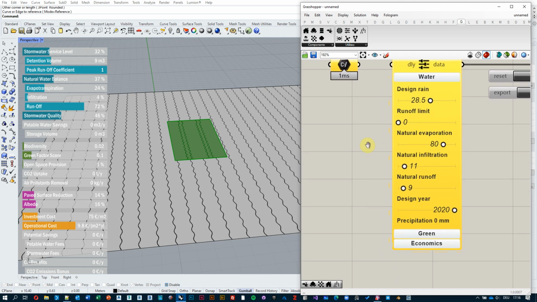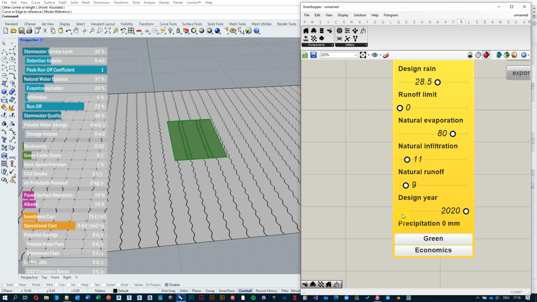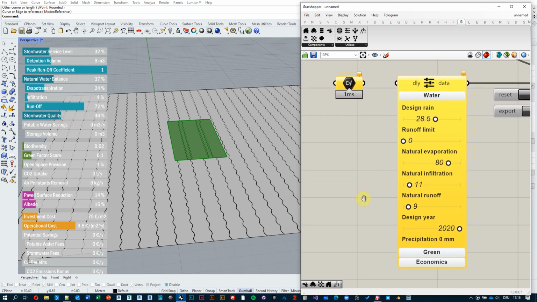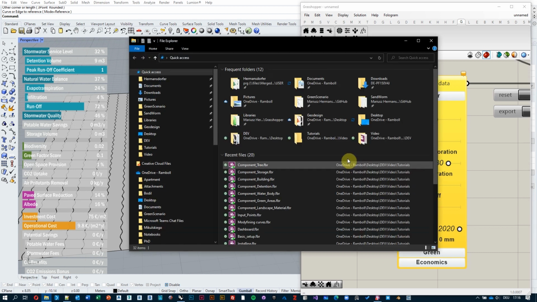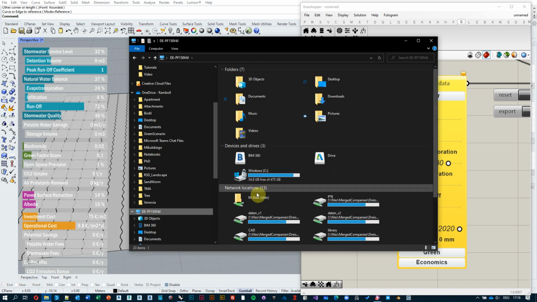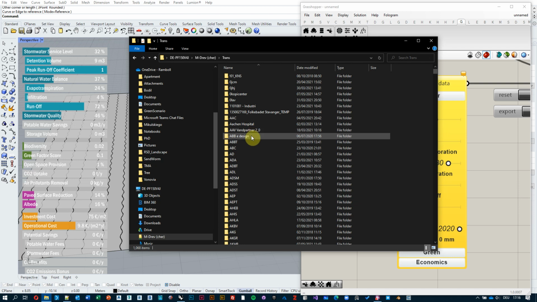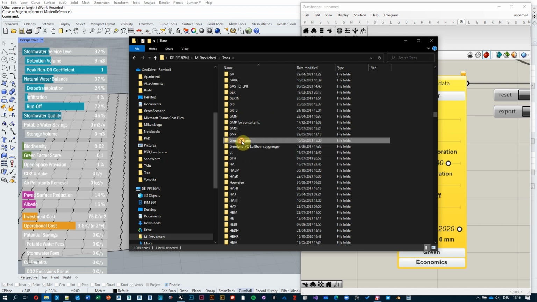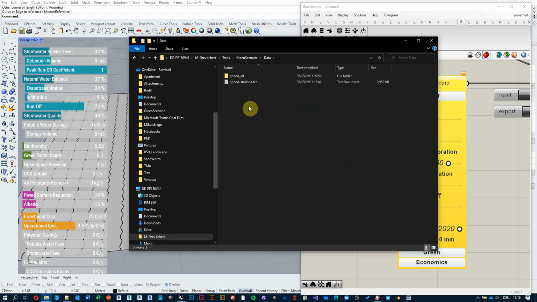And the last one over here is which design year do we want to look at? This slider doesn't do anything unless we connect this input over here, the daily file. And where do we find daily precipitation files? If we go to the M drive, again, I already put them all there. So under trans GreenScenario, there's data, and there is